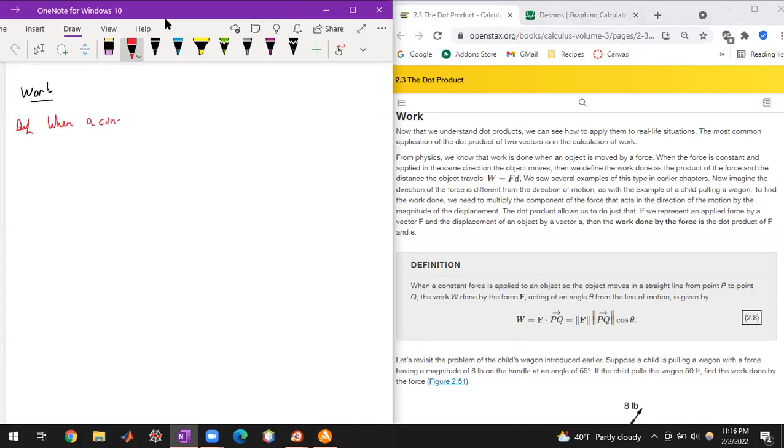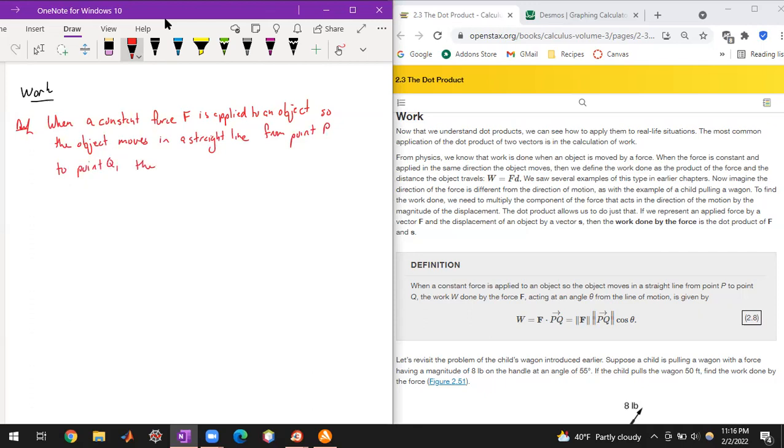When a constant force F is applied to an object, so the object moves in a straight line from point P to point Q,